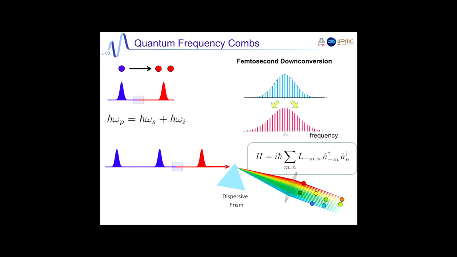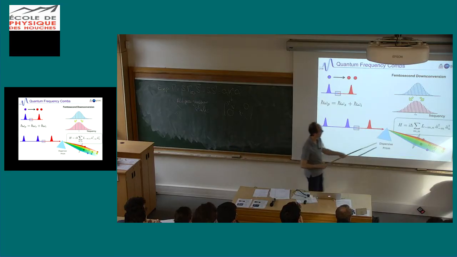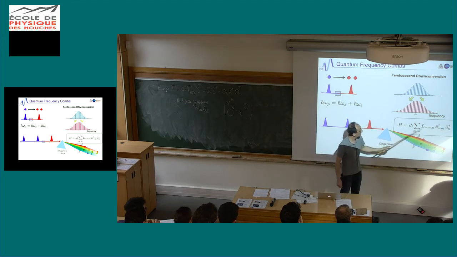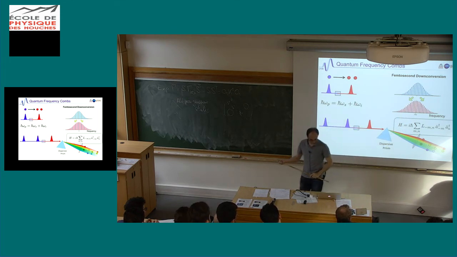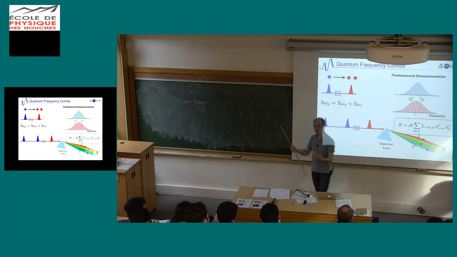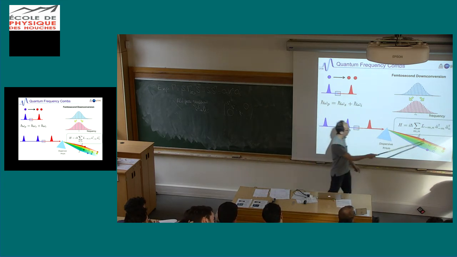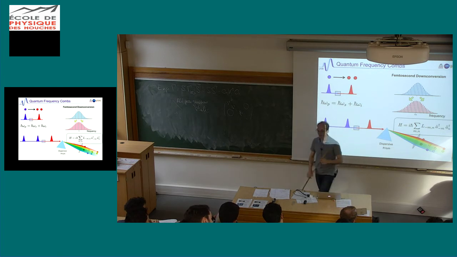So in fact, what you get is a big coupling, and it's exactly the same Hamiltonian as the one I've shown you before, with a coupling matrix that once again reflects the bandwidth of your pump and the phase matching of your crystal. And now if you look at what happens in a photon picture, it means that you still produce pairs of photons, but which don't have any reason anymore to be symmetric to a given frequency. Which in other words means that all frequencies are potentially entangled.